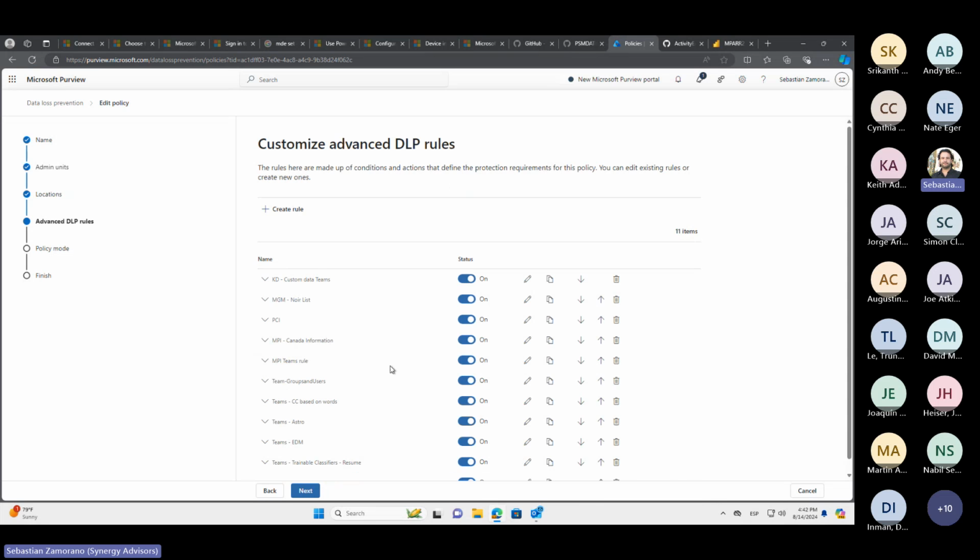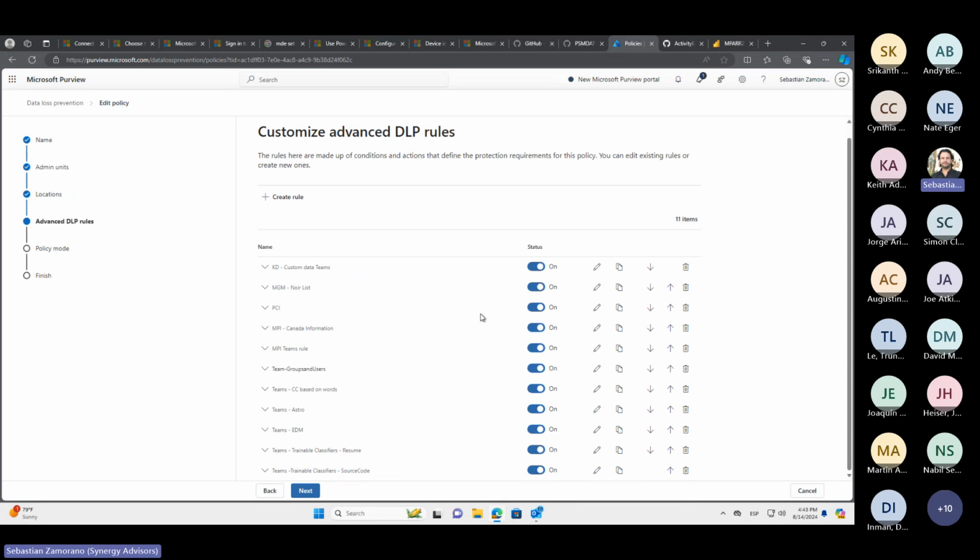Let me go here. You can see here that all the rules that are available inside of a policy can easily be turned on or off. We can press this switch and the rules can be turned off or on. We need to finish all the process, next, submit, and we need to finish all the threads to turn it off. But after you turn it off,